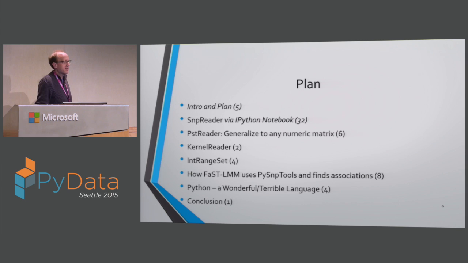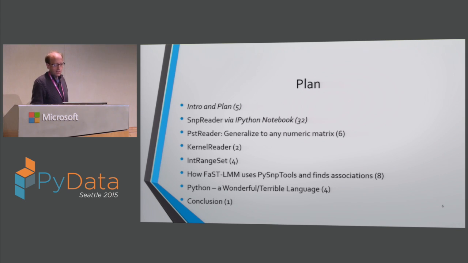Then we'll have 6 slides on PstReader, which generalizes SnpReader to any numeric matrix. We'll look at another particular kind of PstReader called kernel-creation. We'll look at those integer sets